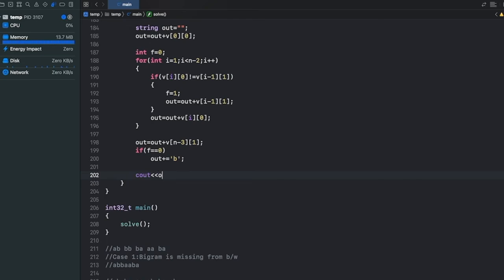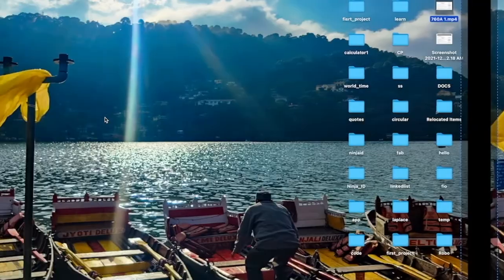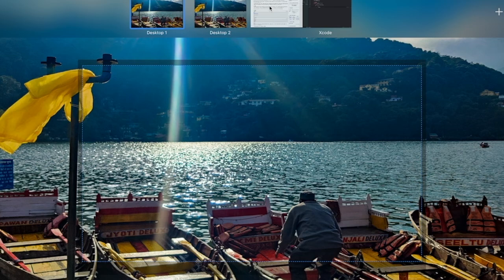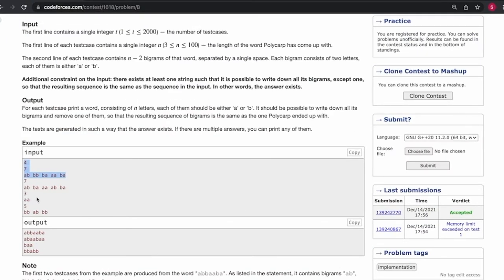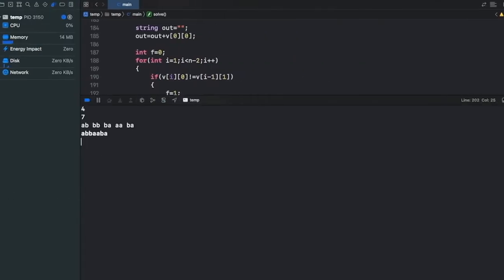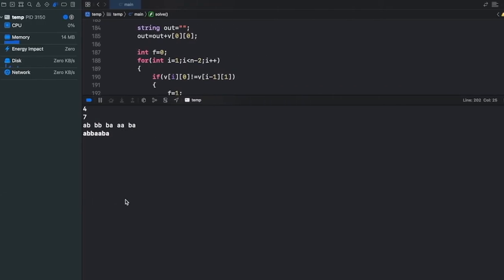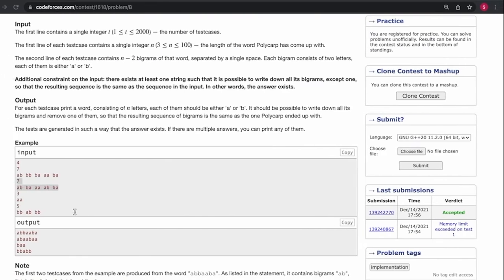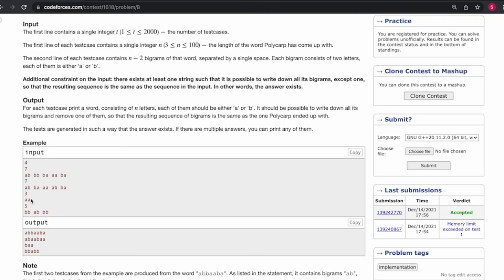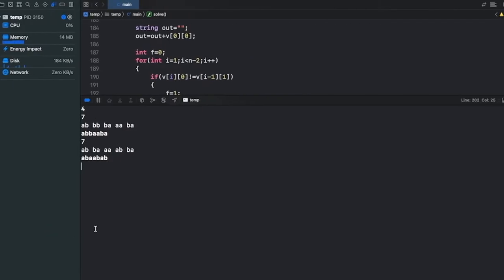Now we'll print the string. Hopefully this works. Okay, so the string is the same as that of the answer. The last character can be different if a bigram is removed from the end.